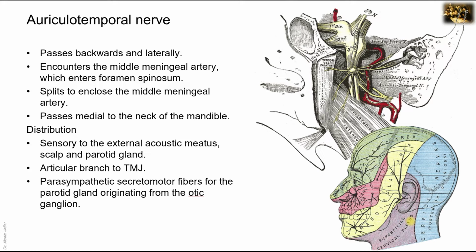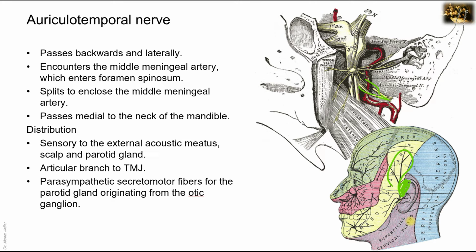It passes backwards and laterally. There are two roots, and as they are passing backwards and laterally, they are going to face the middle meningeal artery, a branch of the maxillary artery, and so one of the roots passes superficial and the other passes deep to the middle meningeal artery, and then they unite and pass medial to the neck of the mandible. The nerve is sensory to the external acoustic meatus and to the auricle, and also to part